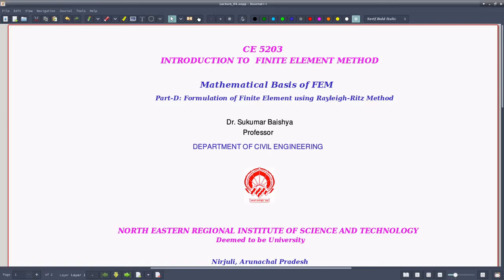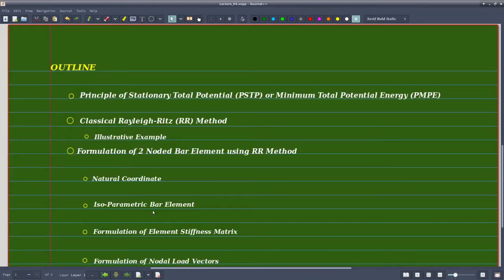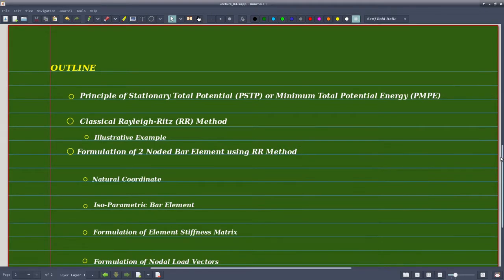to this part D of lecture 1, where we are discussing the mathematical basis of finite element method. And in this part, we will discuss the formulation of finite element using Rayleigh-Ritz method. So, our outline today will be: